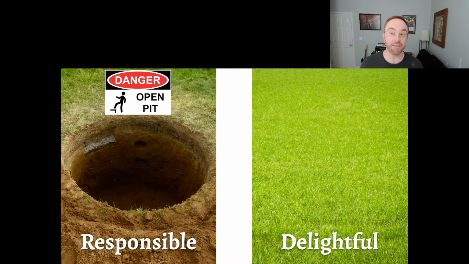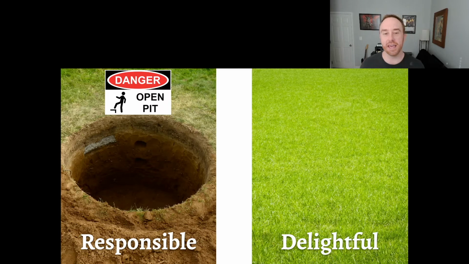But it's much preferable if you just don't have a pit in the field and then there's just no need for the sign. You can just walk on this and it's fine now. So let's see if we can find a way to get the more delightful design where we are not running afoul of Hiram's law, and we know that we can upgrade our data structure's performance in the future with better hash functions as they're coming out, because new faster ones are coming out all the time, and also new hardware improvements are coming out, meaning that you're allowed to make new hash functions using things like SIMD that weren't